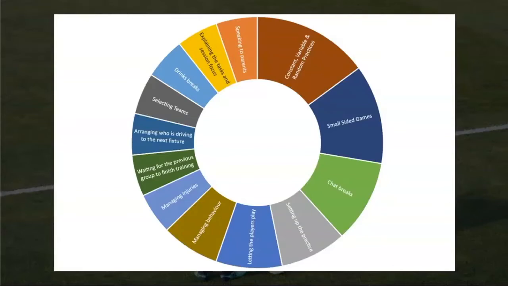There are so many things which go on around our practice that are really difficult to control where and when we manage them. So for me, this workshop is about what things can we control at our practice that give the players the most playing opportunity and give you a chance as a coach to spend your time doing the things you really want to do.